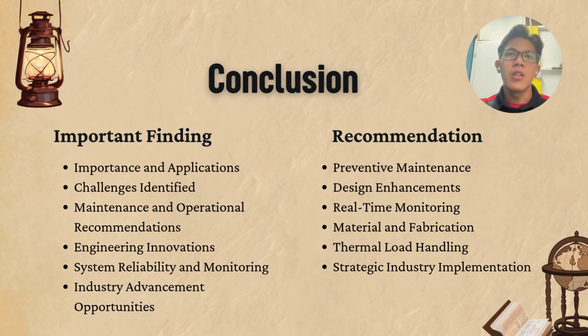For the third one is maintenance and operational recommendation. Implement periodic maintenance protocol to address efficiency loss. Optimize operating procedures to minimize wear and enhance system longevity. And for the fourth, engineering innovation. Incorporate advanced materials and innovative design such as thin surface, advanced thermal material, and edge-resistant structures. Focus on designs that reduce energy consumption and improve heat